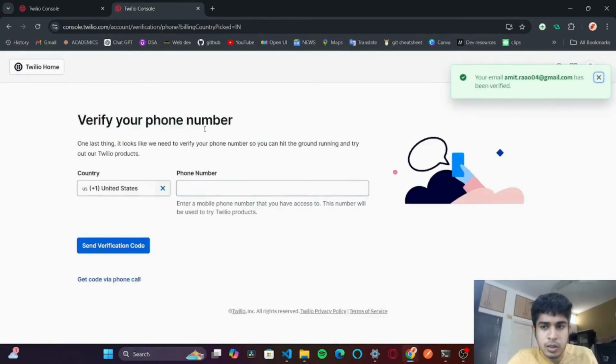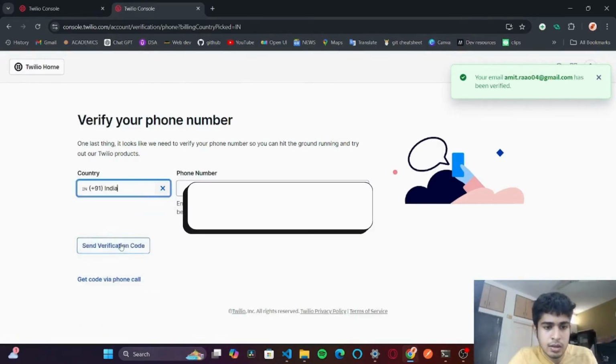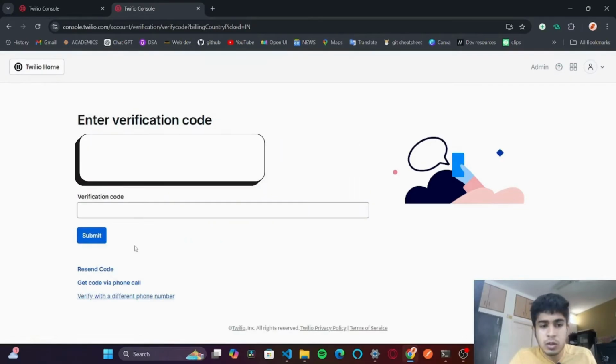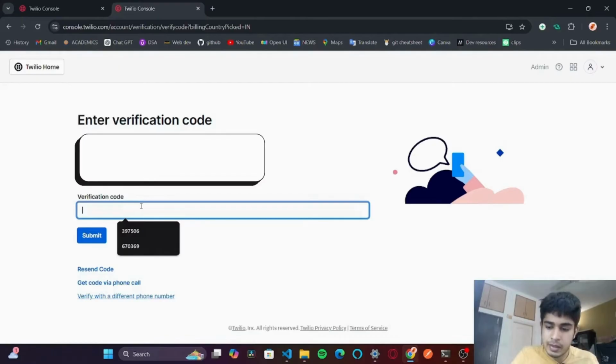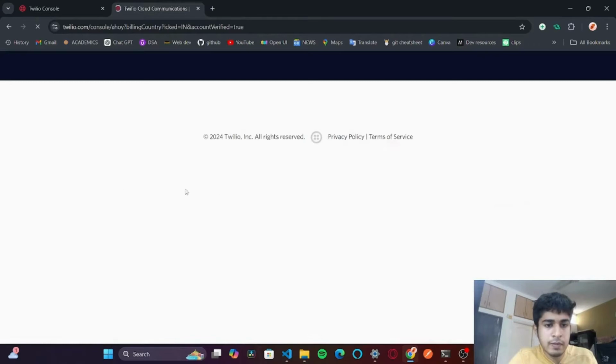And then once it loads, the country is India, 91 India, and enter your phone number and send verification code. So you will receive a verification code on your phone number. So mine is 583866. Okay, once you submit the verification code,